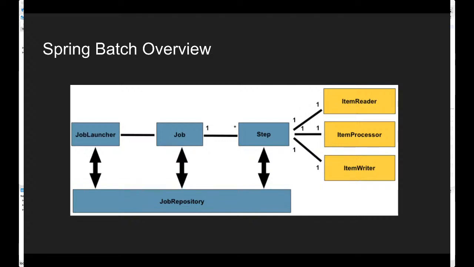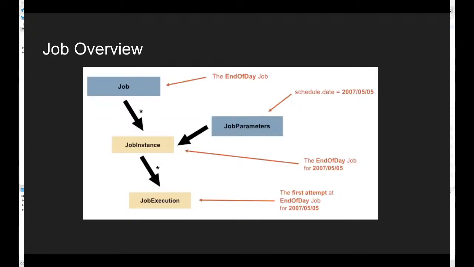Now let's see the job overview. Let's say we scheduled a job at the end of the day. Okay, so that is our job. Let's talk about a particular instance of the job where it's going to run. So let's say on 5th month 2007. That is what a job instance is, when it is going to run. We can inject any parameters we want. Let's say we are injecting a date here in the job parameter. This job instance is the instance when it is scheduled basically, and the job execution is the running execution of that job.